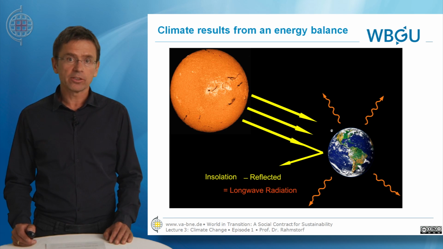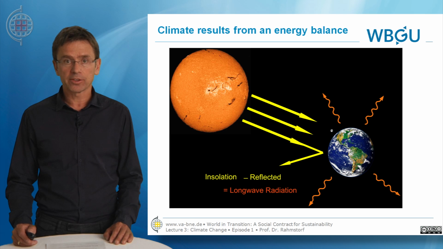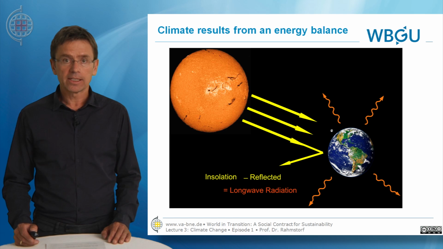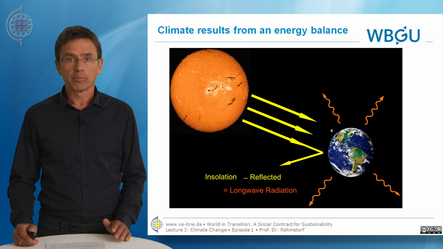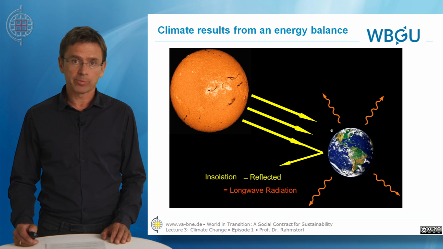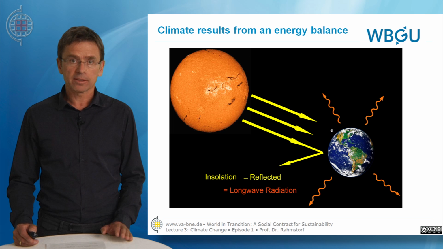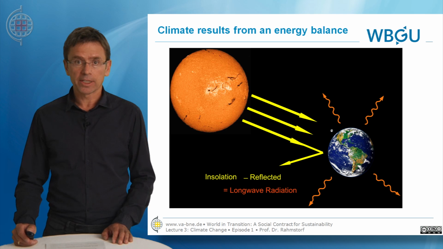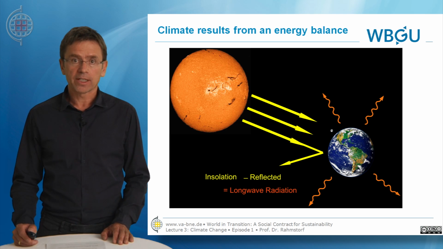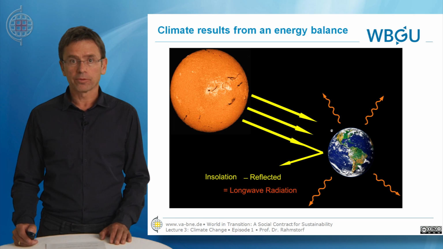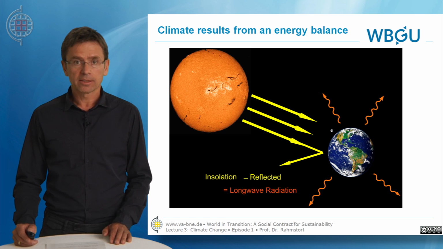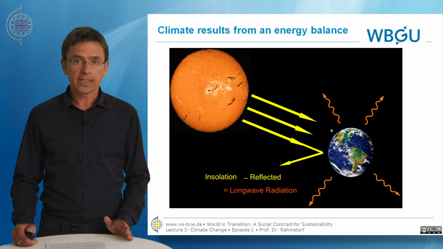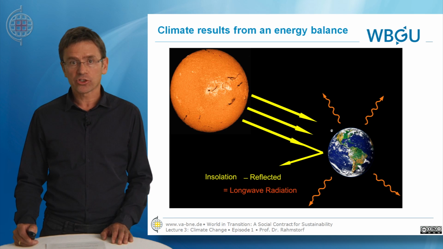And you now already see on the slide that this results in a very simple energy balance, namely that the incoming solar radiation minus the part reflected straight back into space must equal, to very good approximation, the outgoing radiation emitted by the Earth into space. This is a very fundamental energy balance, the first law of thermodynamics, and any sustained sizable change in the global